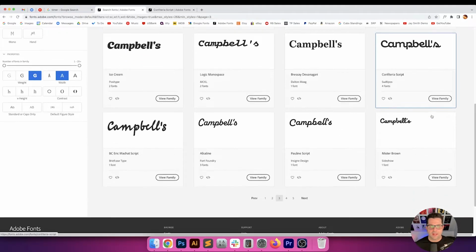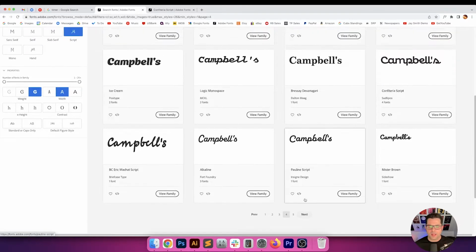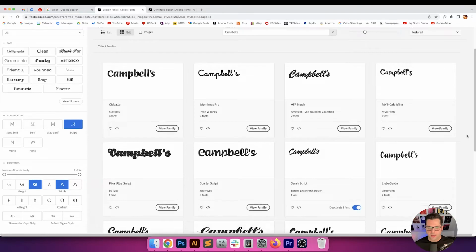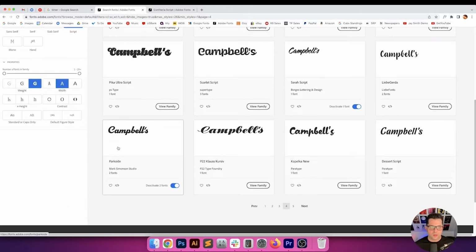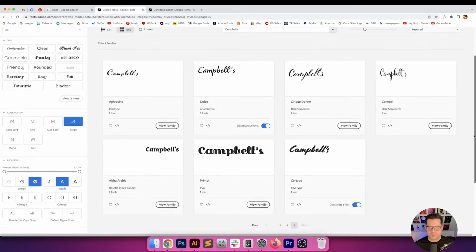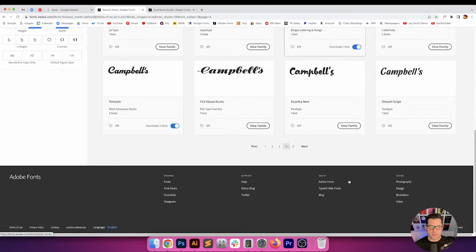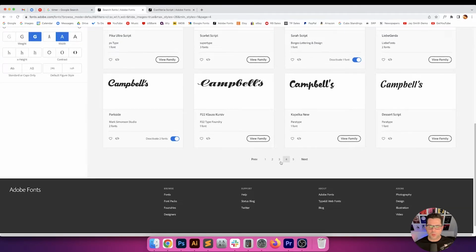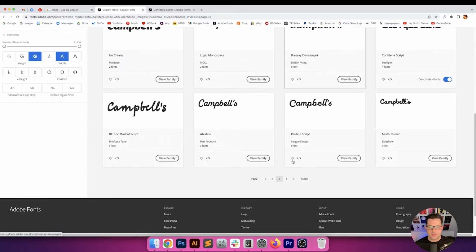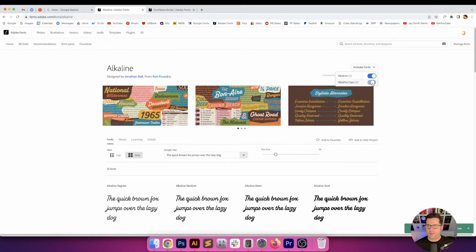Okay, so there's that, and then I want to try to find one more. Let's try to find one that actually is a slanted cursive font. Alkaline is interesting, but I'm not too sold on it, but we'll see what is left. Parkside is cool, although it does feel a little bit cliche, kind of like the Casey font a minute ago. Okay, so there's nothing there at all that's jumping out at me. So it's really between Parkside, which I'm not really sold on, and Alkaline. So let's try Alkaline. I'm going to go ahead and activate both of these, and let's go over to Illustrator and see if they are